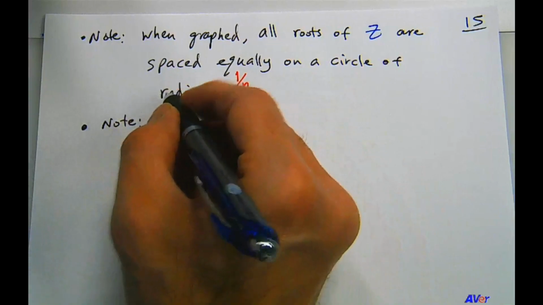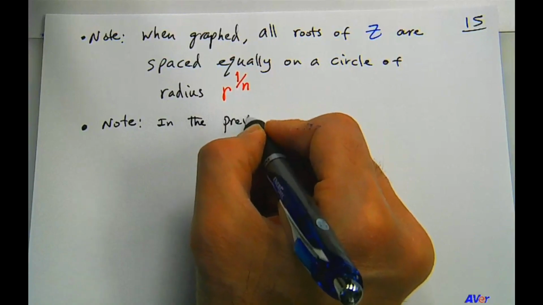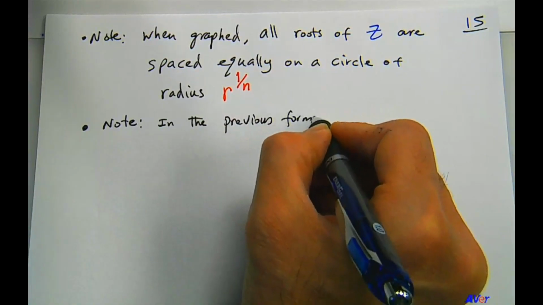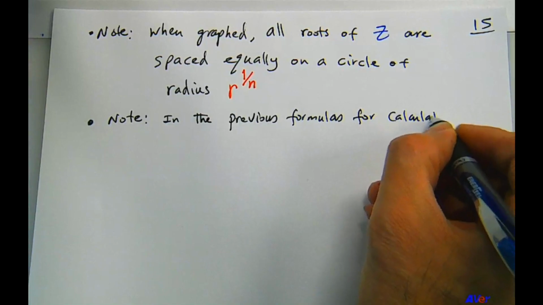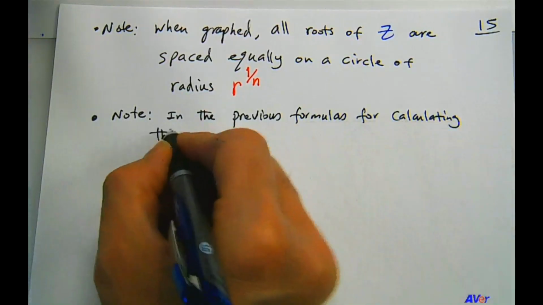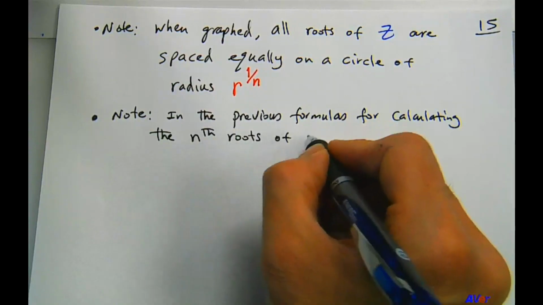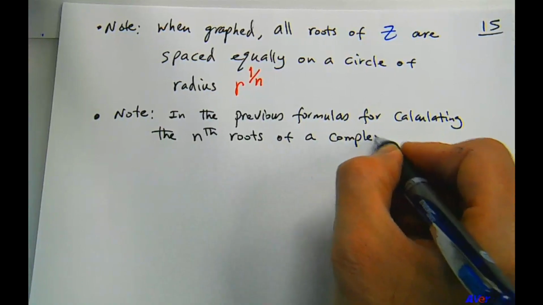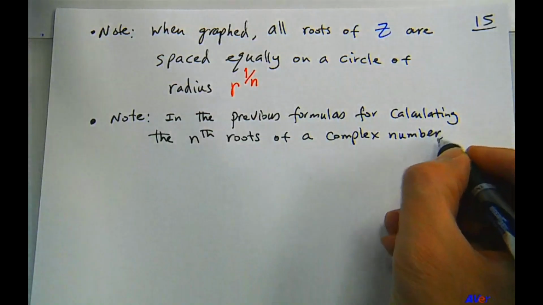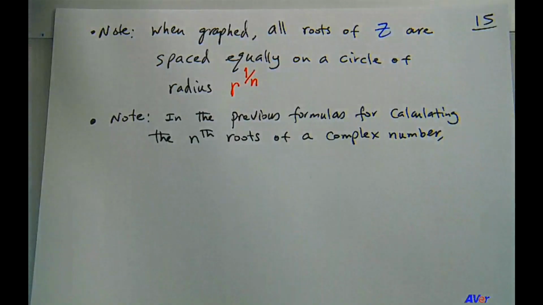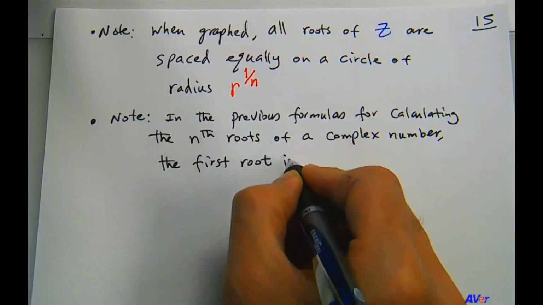So I'm going to write it down. Of a complex number, the first root is